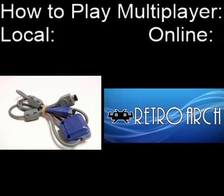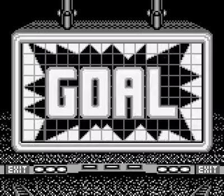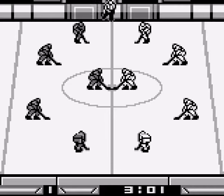However, you can also play it using the netplay feature with RetroArch, and using the Game Boy emulator, which is what I did. I emulated the game. So yeah, playing it on the PC,